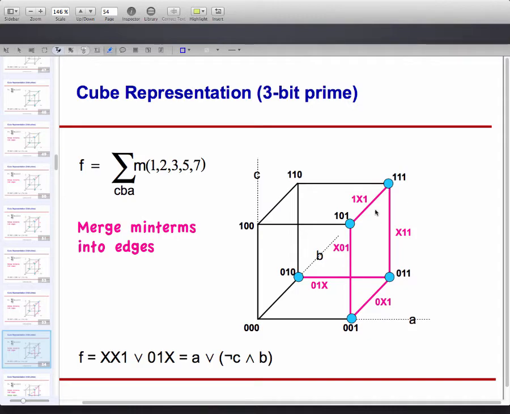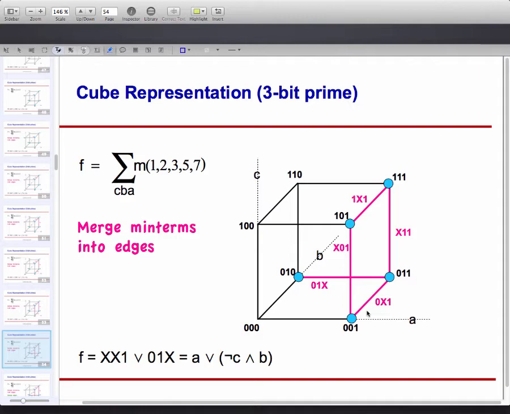So looking at this, if I start out with this vertex, it's only on one edge. So I have to take this edge, 0, 1x. But when I take this edge 0, 1x, then 0, 1, 1 is also included. So the AND gate corresponding to this back edge covers 2 of the vertices. Now I have 3 remaining vertices, and I could cover them, for example, using this top edge and this front vertical edge. And those 3 edges are going to cover all the 5 vertices and thereby cover all the minterms,